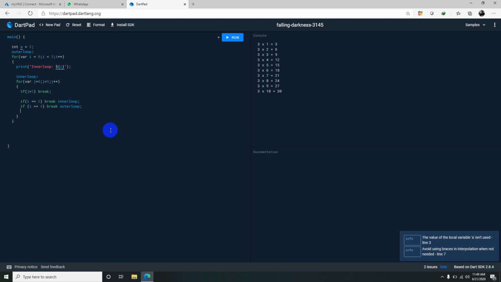So after it executes this one, the remaining statements won't get executed. Let's see. When this statement got executed, the next line will get skipped, it won't get executed.